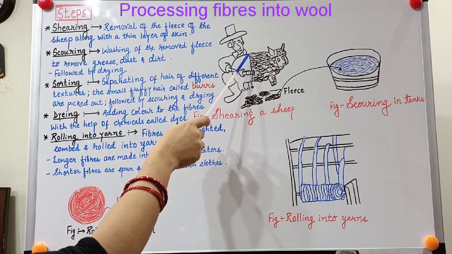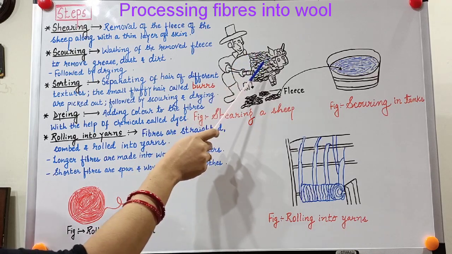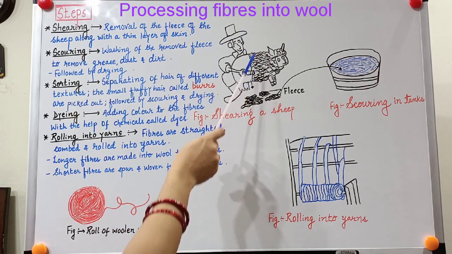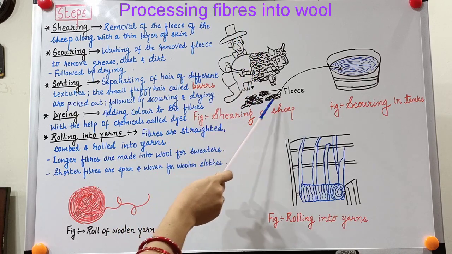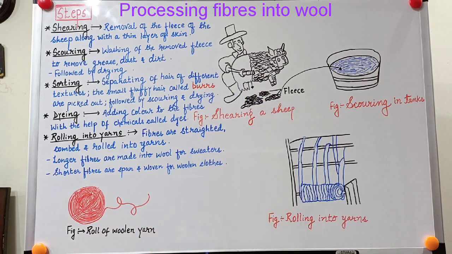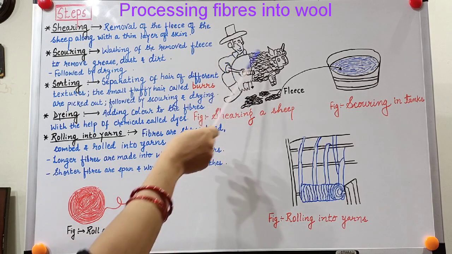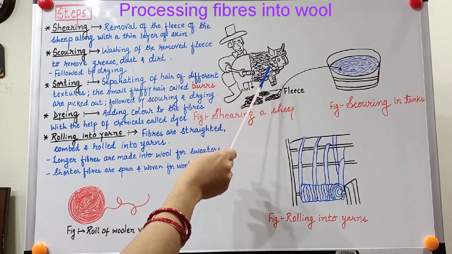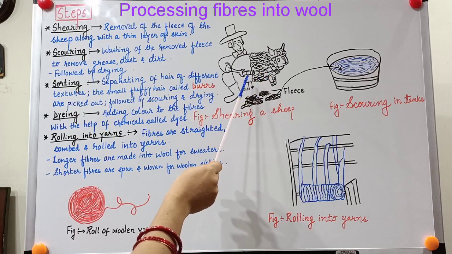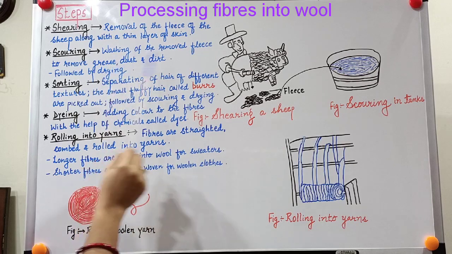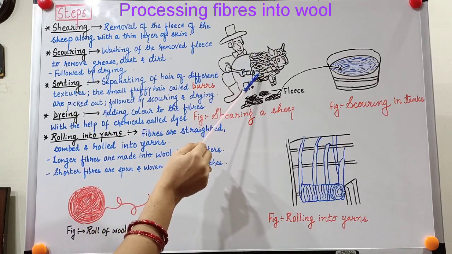Now the hair of the sheep is not clean. It contains so much dirt, dust and grease, and that dirt, dust and grease must be removed from the body of a sheep. For example, you are washing or shampooing your hair regularly, but the sheep does not shampoo or wash its hair. So its hair contains a lot of dust, dirt and grease. Grease is also needed to make the hair waterproof.